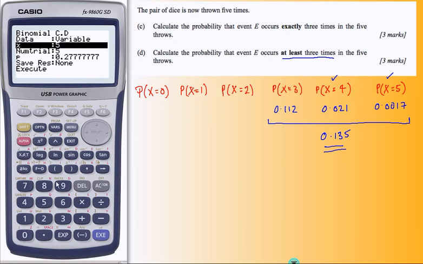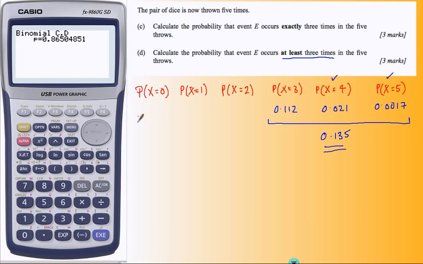I am going to put 2 in there. The reason I'm going to do this is that I can't start midway through the distribution. I've got to start at the beginning. So I'm going to do that trick in probability where you add up the ones you don't want before you get the ones you do. So a cumulative probability of 0, 1 and finally 2 off my calculator here. And it is telling me that if I go as far as 2 in the distribution, then I will get the answer